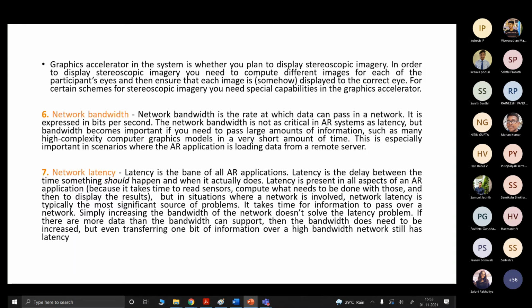When the system is interconnected with a remote server or via a network, the delay in transmitting the information is called the network latency. That latency will also cause problems for the final outputs, so that latency should not be there. So while designing or choosing any processor, we need to keep in mind how we are going to choose it. We will discuss the remaining content in the next class.